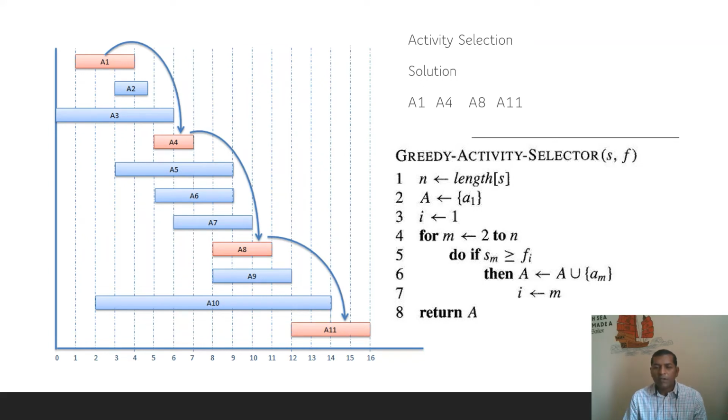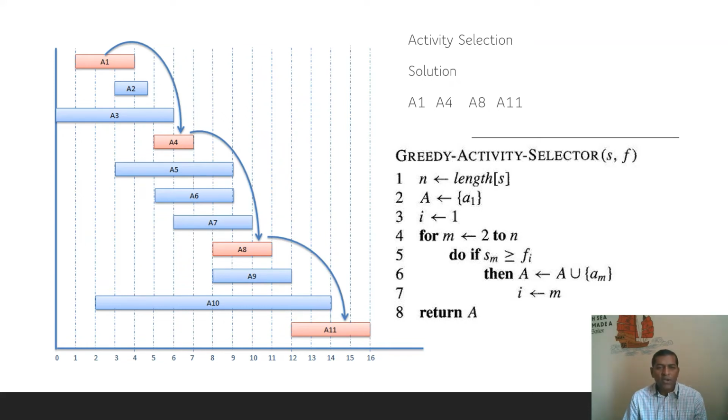So this continues for selecting the activities one after another, and as a result, we'll get A1, A4, A8 and A11 as the resultant activities. So A1 has its finish time, and then A4 will have the start time, so that these two activities are